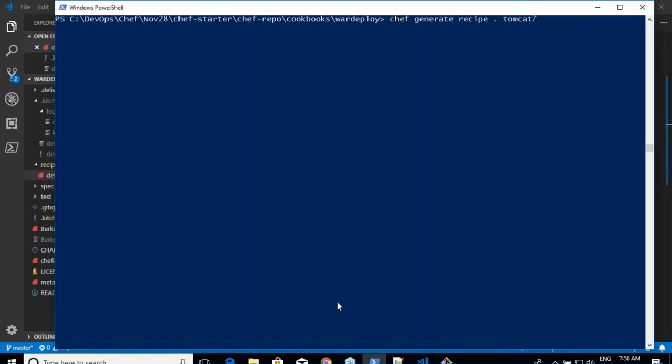Because Tomcat 8 doesn't fall under the same category, we have to do it differently. So that's why I'm not trying to write the same recipe for Tomcat 7 and Tomcat 8, in case in the future I want to work on a different version of it. Okay, it has done it. Wonderful. And then I might need attributes, right? So chef generate attribute in the current cookbook, and the name of my attribute is default. Okay, let it do its job.